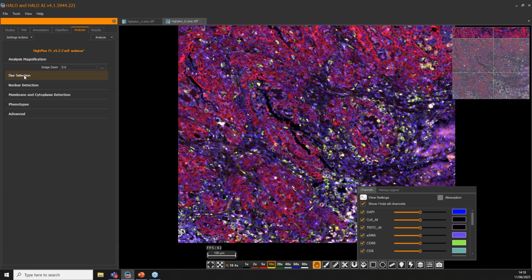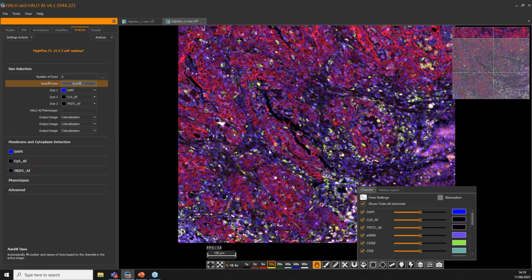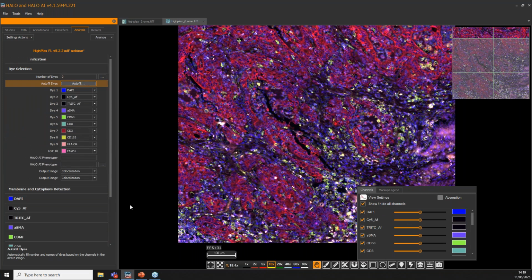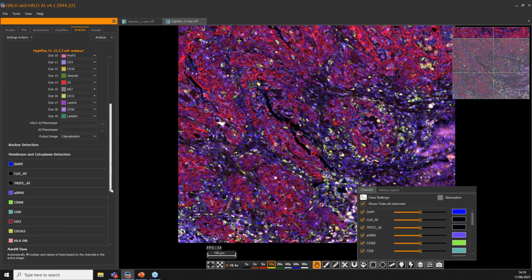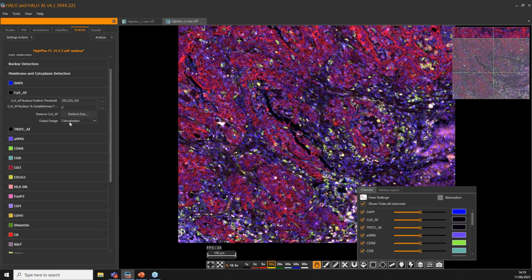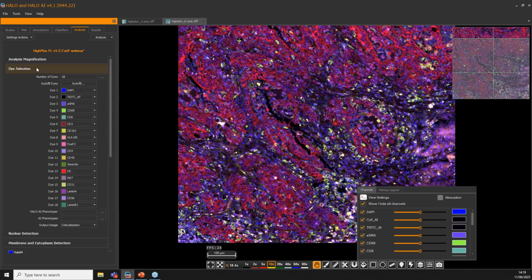So I'm going to use the Hyplex FL module here. And as you can see, the Hyplex FL module actually is already ready to use. So I have the different steps that I have to follow here, which are the analysis magnification, setting up the dyes. So for example, I can autofill my dyes automatically just so they are imported directly from the metadata of my image. And if I want to, I can even remove some that I'm not interested in. So for example, the autofluorescence here is not really relevant for me. So I can remove that specific dye